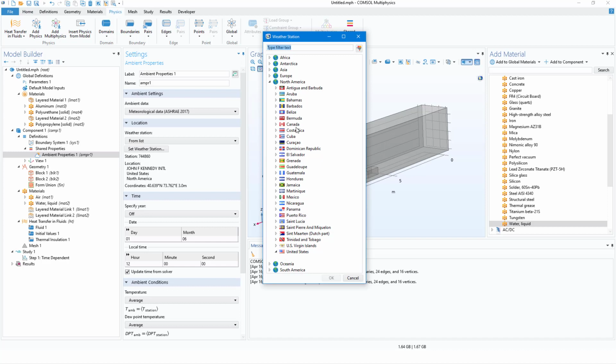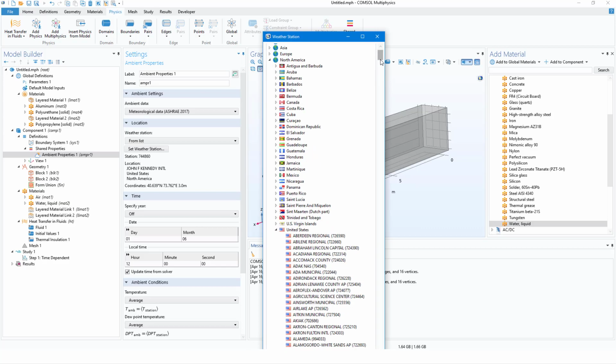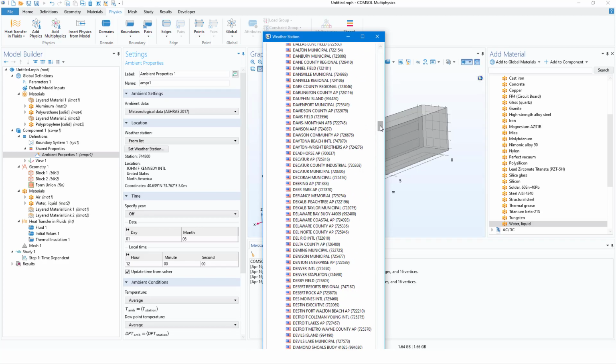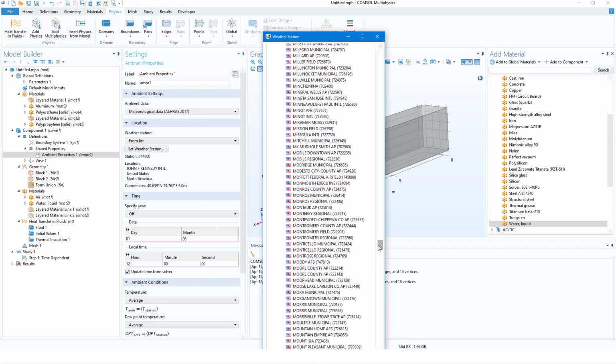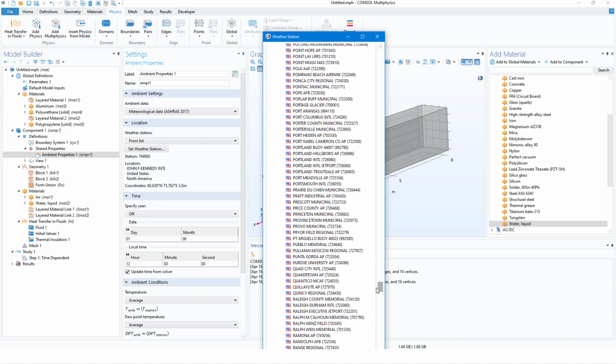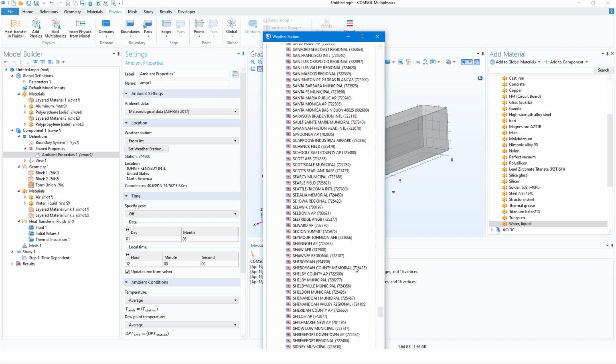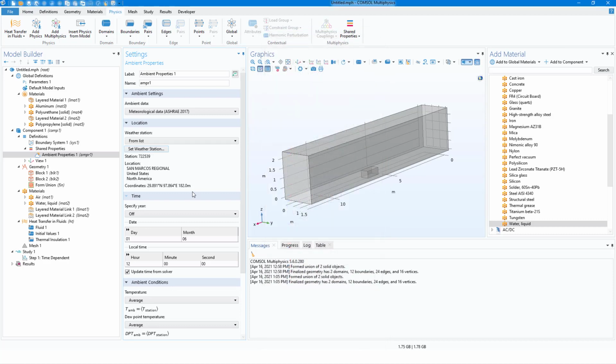It's loading all the weather stations of USA. I will look for San Marcos. Let's go to S. There, the San Marcos. Double click on it, and we need to define the day of the weather data. I will select 29th of March 2021,